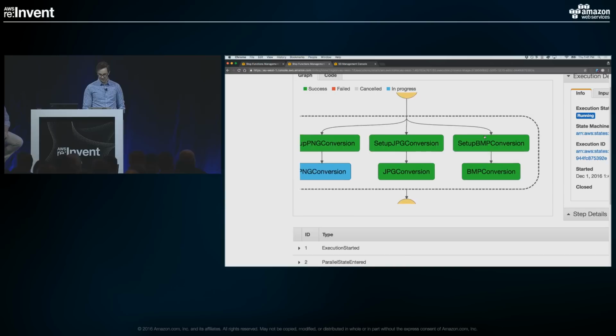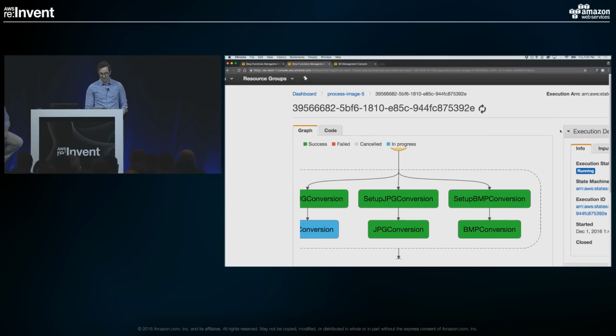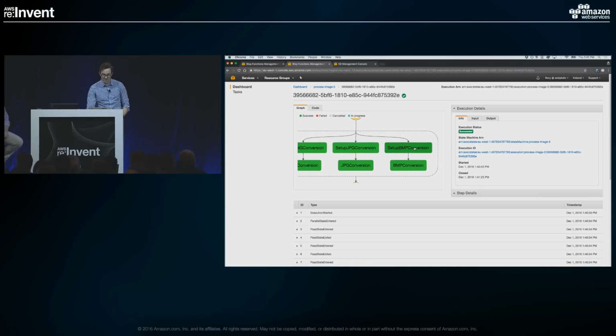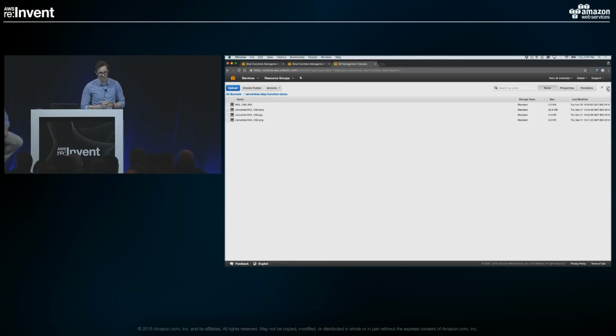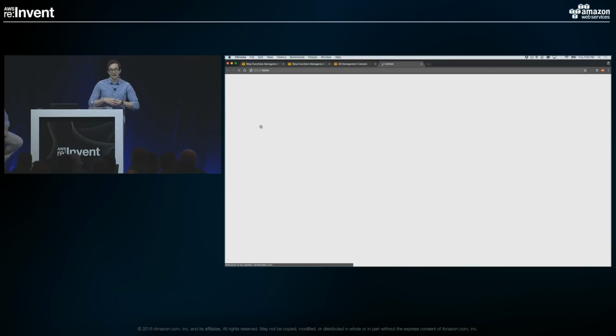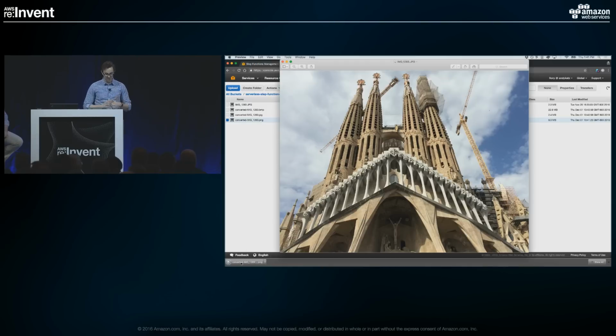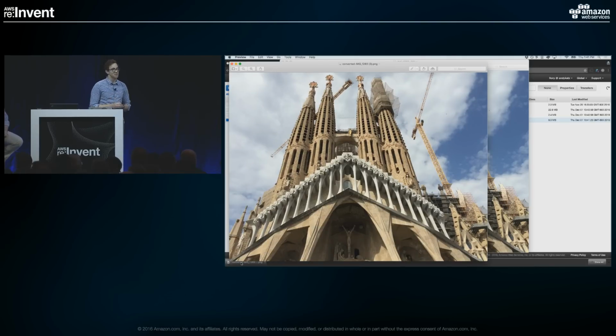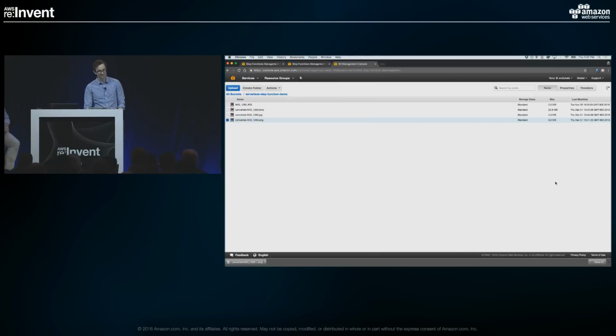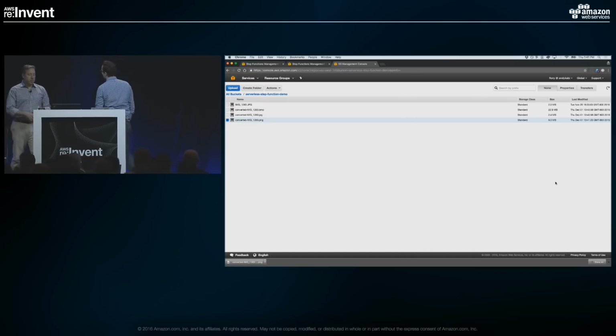Go back here. This should show in a second that the PNG finished. Perfect, PNG has finished. Go back to the console page for the S3 bucket, and I can see that all 3 image conversions are here. I can even open an image if I so please. And we should see the PNG version of that image once it downloads. So we can open this up, and there's my PNG image. All it did was my conversion, put in S3, and all happening in parallel, orchestrated with step functions. Great. Thanks.